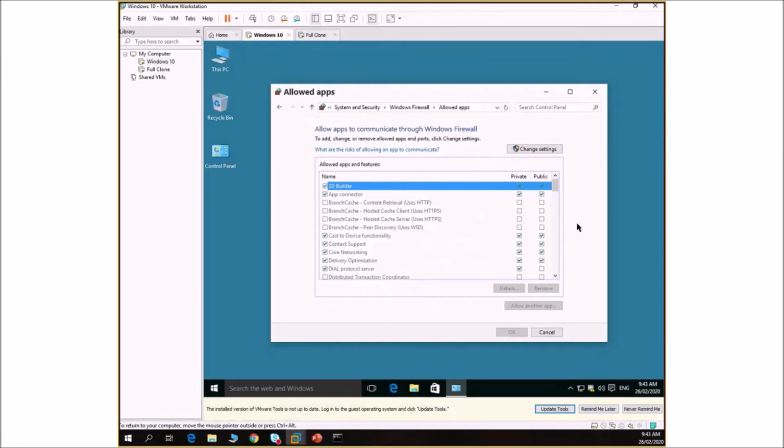So this is where we're talking about the private and public. This computer is not in the domain. So these are all the rules or applications. Do we allow them on the private network or the public network, etc. All right, so